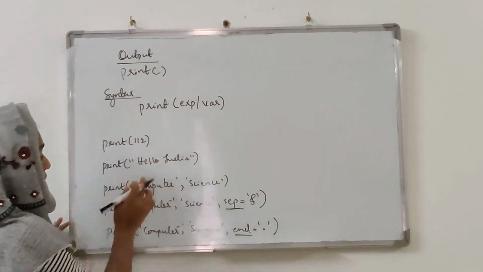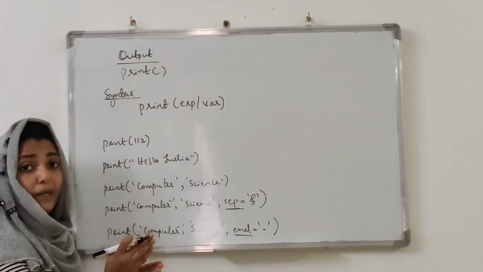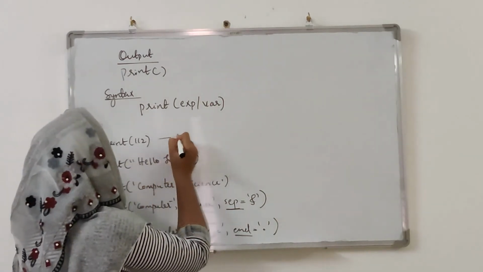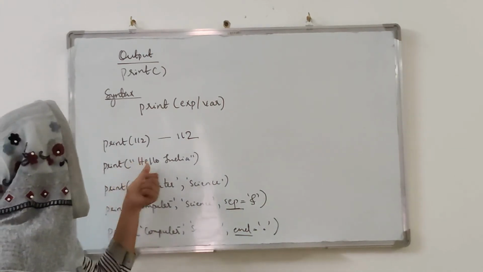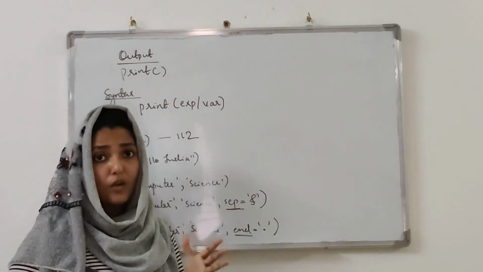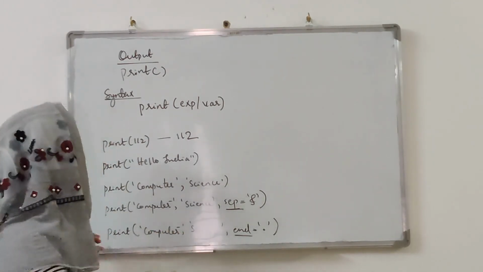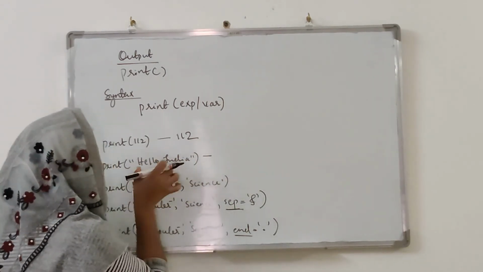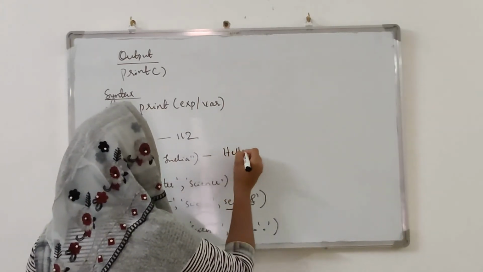Print one total. So whatever we give inside the print statement will be displayed to the user directly. So what will be the output of this statement? 112 will be the output. Next is print hello India. So anything which is written inside single quotes or double quotes will be seen by Python as a string. So these quotes will not be displayed. This quote denotes what? It is a string. So what will be the output of this statement?